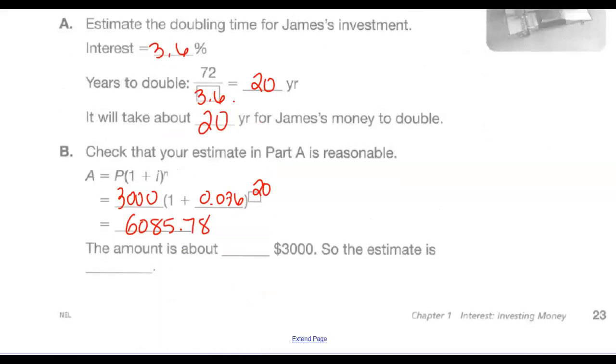So the amount is about twice, or double, 3,000. The actual value is 6,005.78, so the estimate of about 6,000 is good. Okay, so that's 1.6. That's the end of